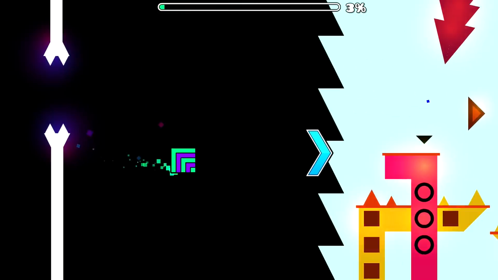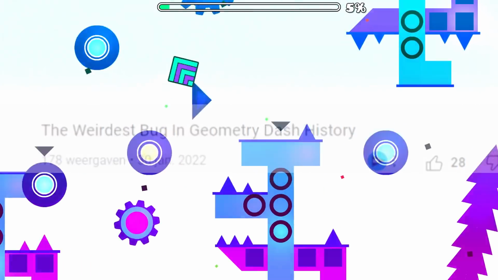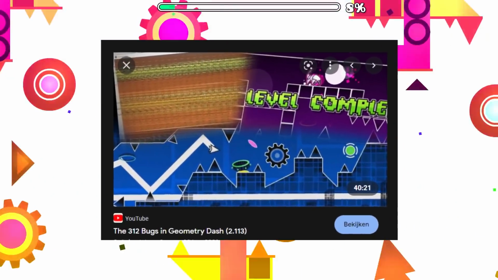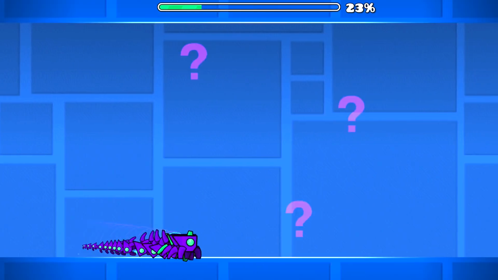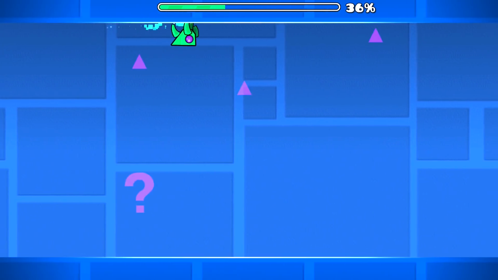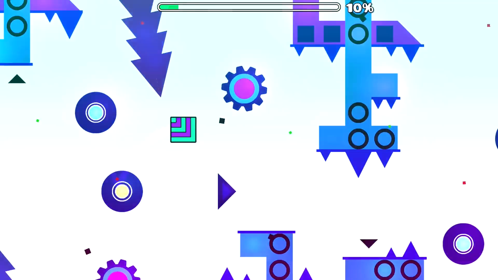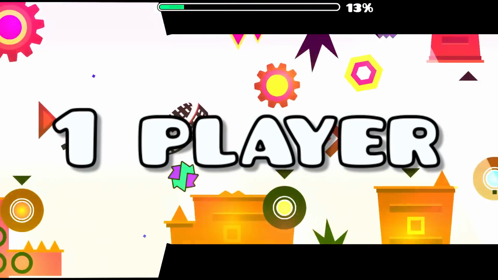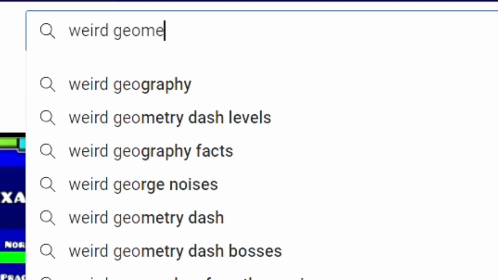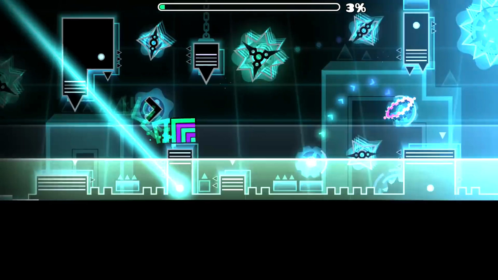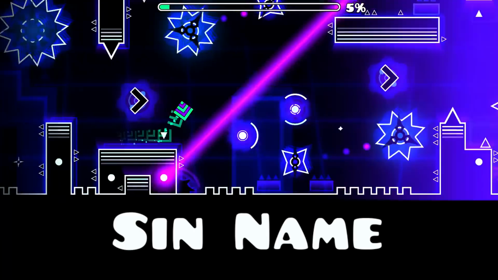The next thing I found is probably the least known thing on the list. There are a lot of glitches and bugs in Geometry Dash, some more annoying than others, but I'm about to show you a glitch which is not your typical bug. I have only seen this happen to one player in the entire Geometry Dash community, which I randomly came across when browsing YouTube. AndrIV was playing a level called Sin Name when this happened.